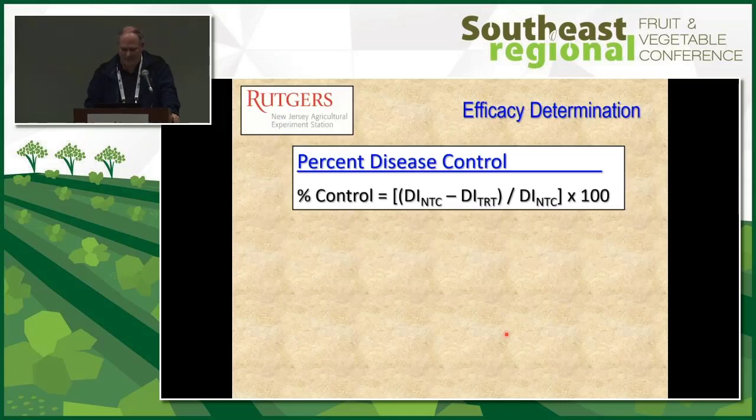Here's the standard formula that we use. DI stands for disease incidence, so that would be percent of infected shoots. And then we subtract the DI of a treatment from the non-treated, and you can see as your treatment gets closer to the non-treated control in amount, that approaches zero, and so it gets smaller and smaller. So that means you have lower and lower percent control, which is obviously not a good thing. Okay, so we do that for all of our 5 treatments, materials,